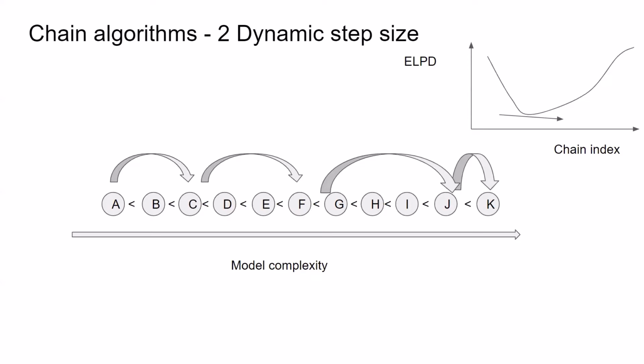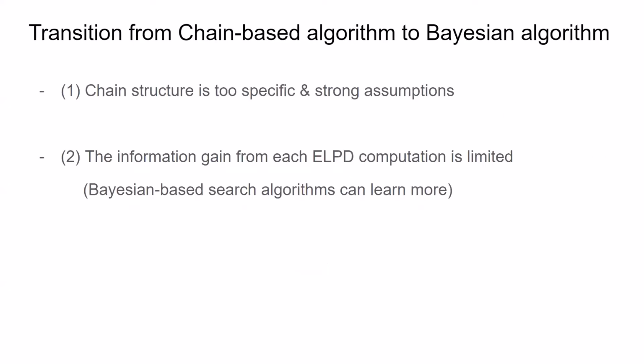Now we transition from chain-based algorithms to Bayesian search algorithms. There are two reasons behind this transition. One is that the chain structure is too specific. For example, given a model network instance where there is no apparent hierarchy between implementations of each signature, it might be hard to identify a chain of models. Plus, it requires strong assumptions